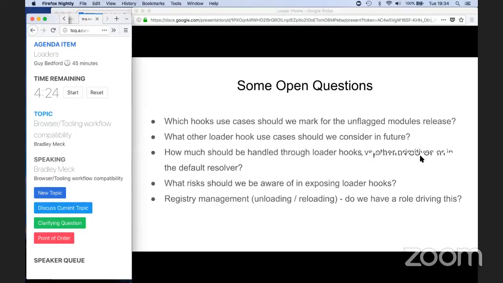So to create the right level of power in Node, which is one of the more powerful environments where we have more potential to open things up, then